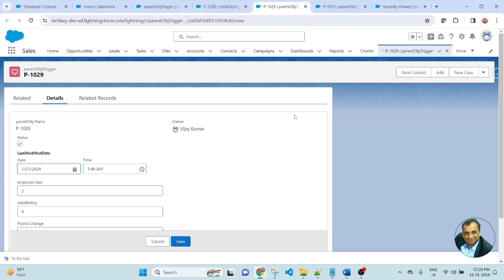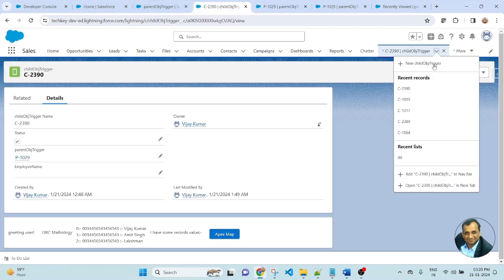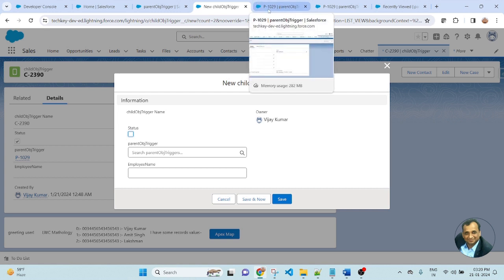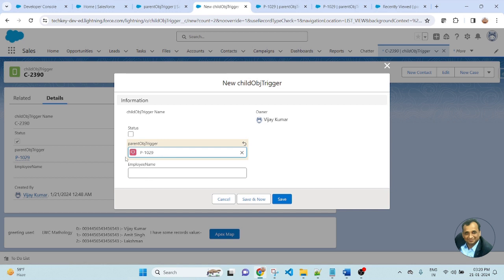Here I am removing the value of the parent object field, and go to the child object and create a new record. So I removed the value from 1029. Here I am selecting 1029. This is a parent record, and insert one record of child.